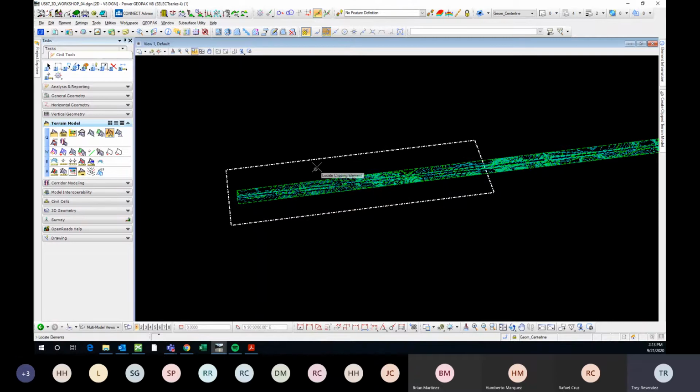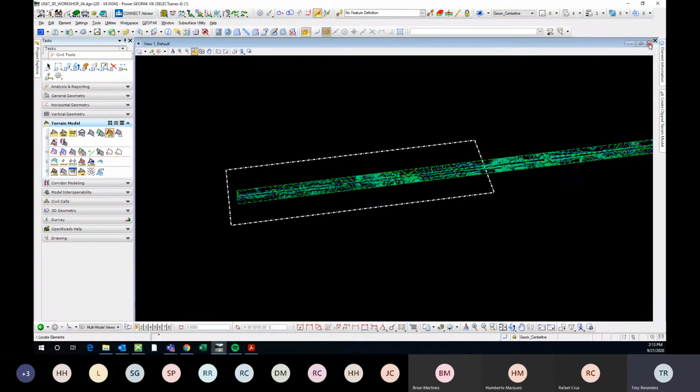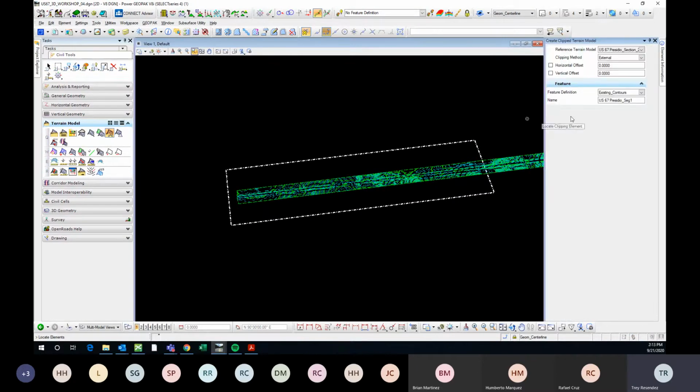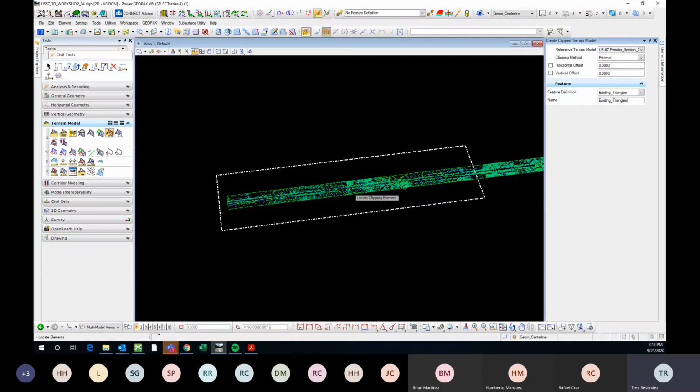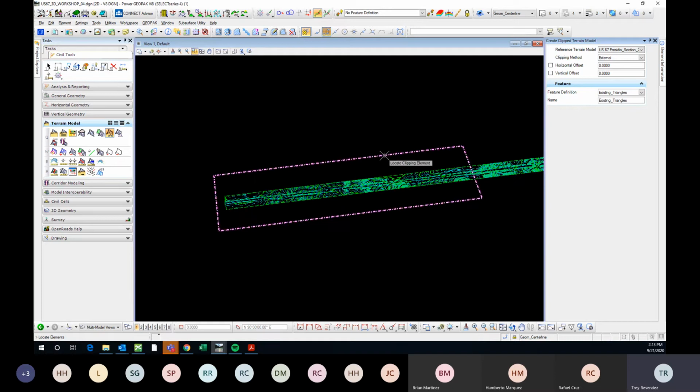We're going to locate the reference terrain and then make sure you have this window up so you can see. And then you'll give it whatever name you want. And in this case, I'll do existing triangles so we can see the contrast. And you have two options for the clipping method. It's going to be external or internal. So if you use external, then anything outside of your boundary will not be in your terrain. So then I'm going to locate the clipping element,